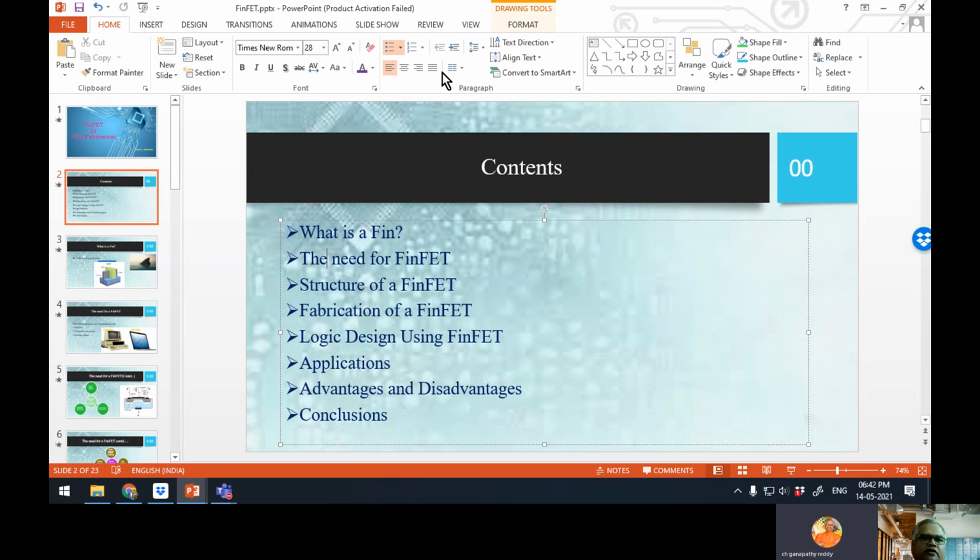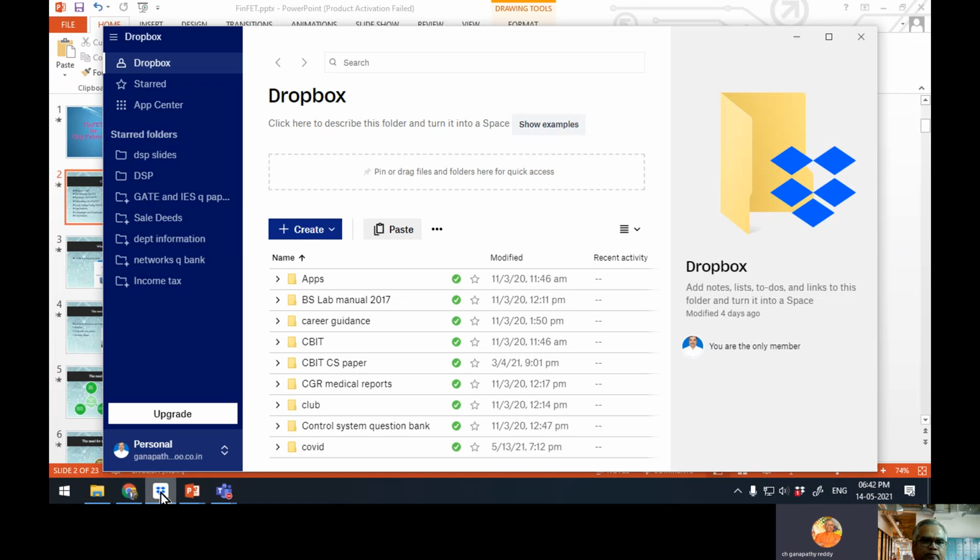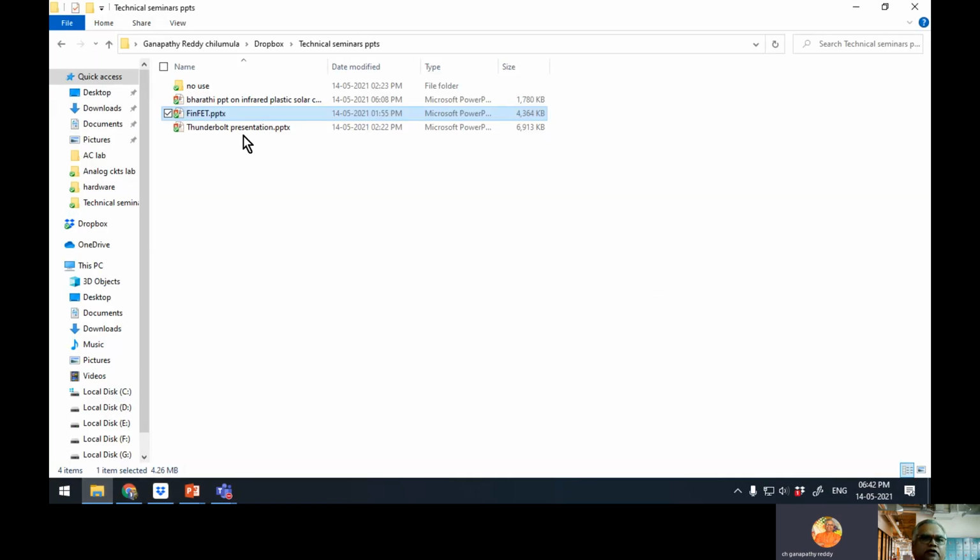So left alignment, right alignment, bold, italic, underline, then Times New Roman, everything, all facilities, just use them. Accordingly, you can modify. Okay, so let me show another one.